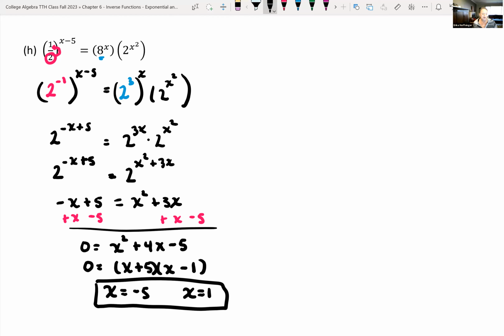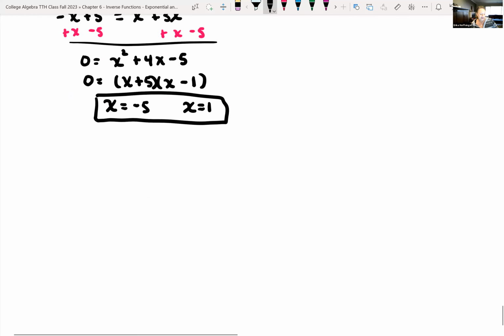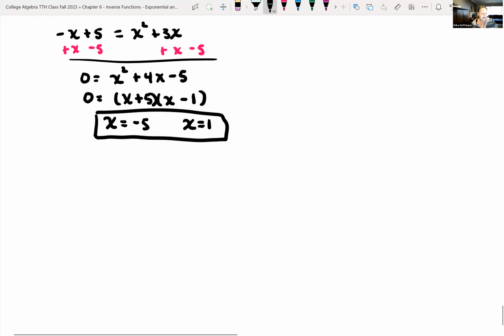Okay, so you just need to get good at manipulating the bases to be the same in order to be able to solve these exponential equations. Not always can we manipulate bases to be the same. So we'll see soon in another section how we would solve if bases cannot be manipulated to be the same. So it's really quite interesting,